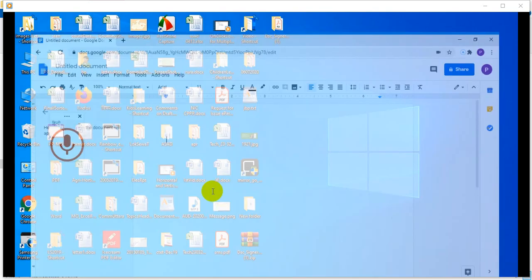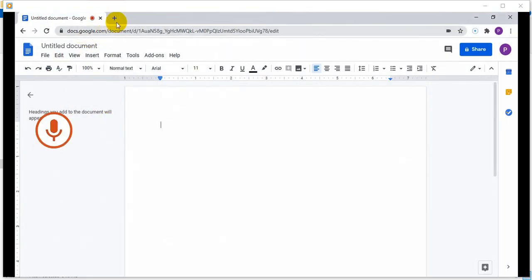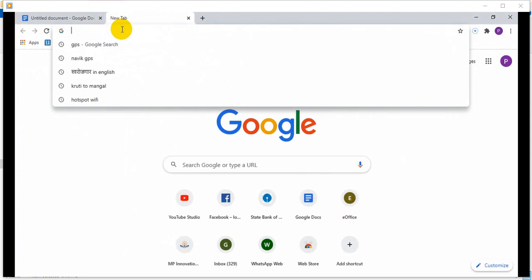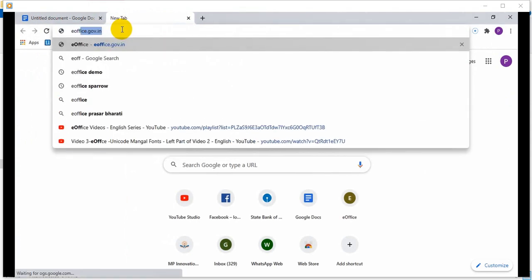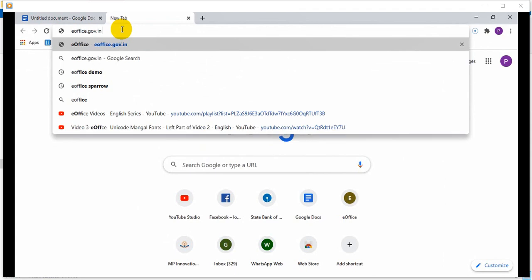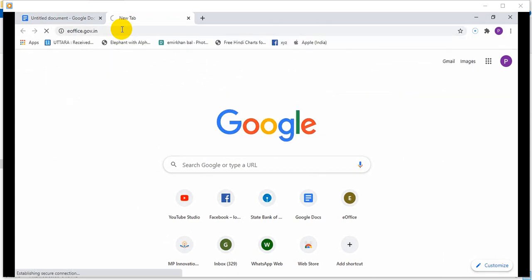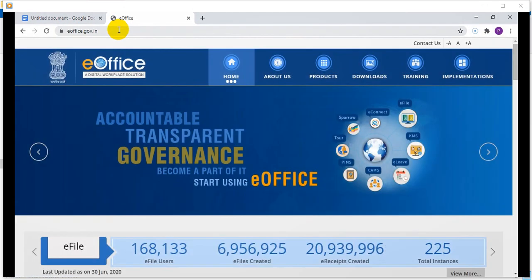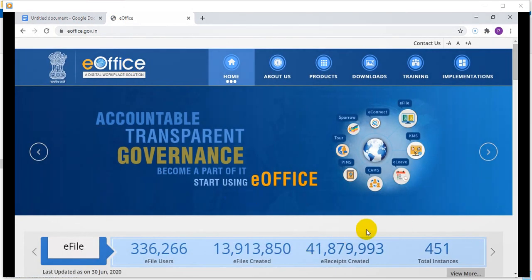Let's open our browser. Let me open a new screen for the browser. I have opened Chrome and we will type here the eOffice website link, that is eoffice.gov.in. Like in your office, if eOffice is running, the link will be available for opening the eOffice where you can log in. But this is the national level portal, in which we cannot log in as such, but we will get all the information related to eOffice. So I typed eoffice.gov.in and pressed enter. Wait for some time as per internet speed. Okay, yes, it opened. Now many options are showing. You may see all these later yourself.